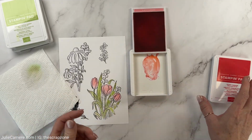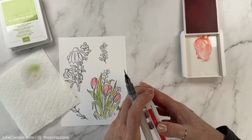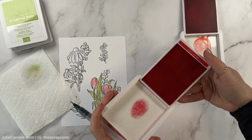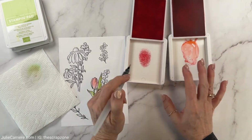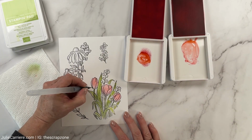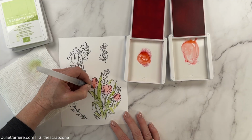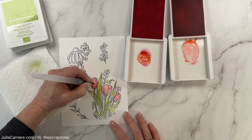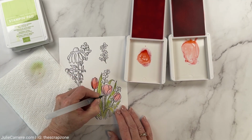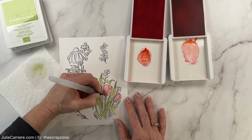All right, so I've got these colored in. Super easy. I tend to not remove the color when I'm working with the same family of colors. So for me, this is the same family of colors. So even if there's a little bit of pink in the lid, that's not going to do any harm to my ink pad. And usually by the time I'm done, it's dried out, and then I'll go in and clean them up. But I knew that I wanted to show you how to color these in,